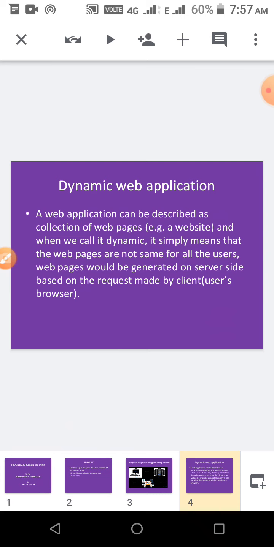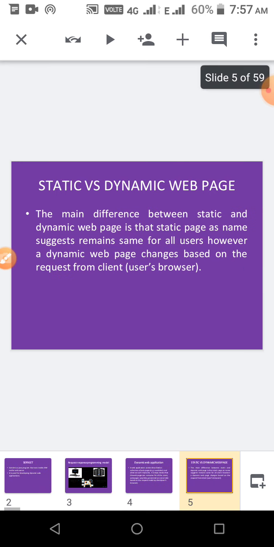According to the input the user is giving, the generated result will change. So that is called a dynamic web application. The web pages are not the same for all the users, and they are generated on the server side based on the request made by the client.